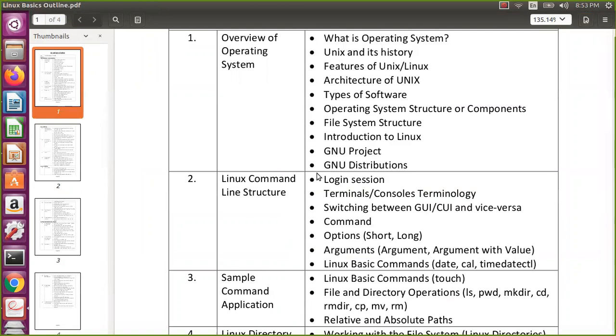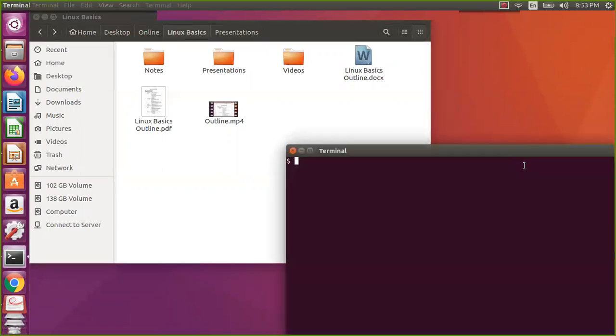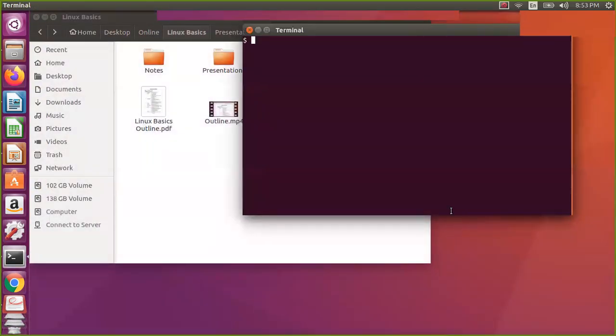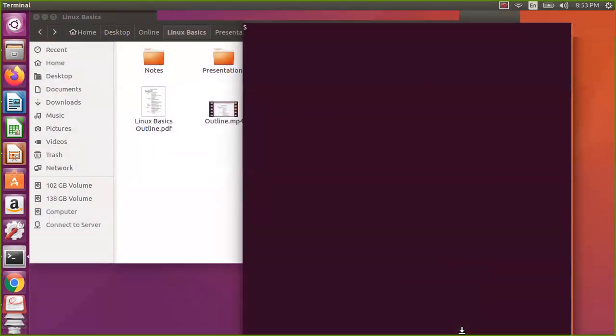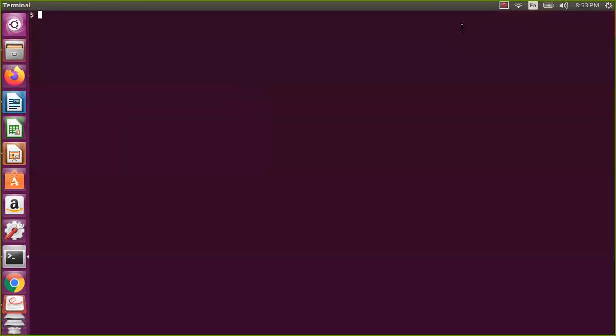As per our custom, we will see this particular one, and then we will come back to the slides to see if we are missing anything. If we are missing anything, we'll see that. Okay, so let us start. So let's open a terminal. Let me extend this. Either way it is okay.